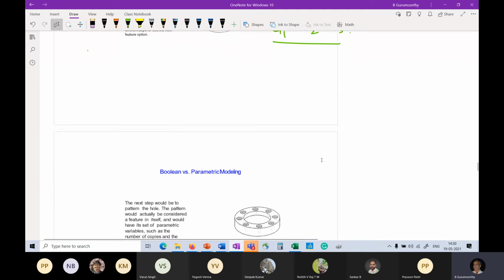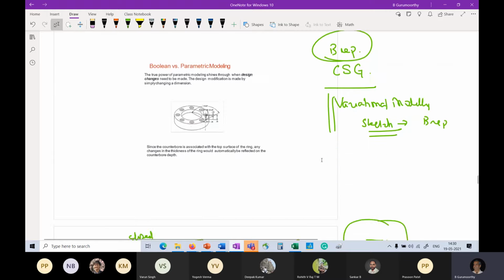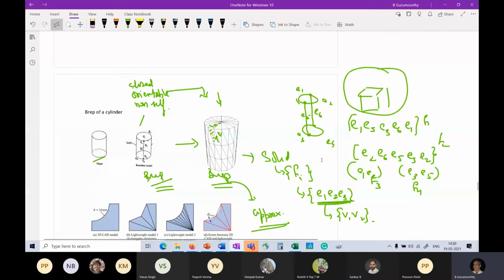Okay, so that's essentially about this, and then we changed gears and started looking at a slightly different problem, right, which is the representation of a cylinder, right? Now, remember, the bounding surface for a solid cylinder happens to be these three faces: the top face, the bottom face, and the longitudinal cylindrical face, right? But the longitudinal cylindrical face, in some sense, is a smooth face, and there are no discontinuities there.